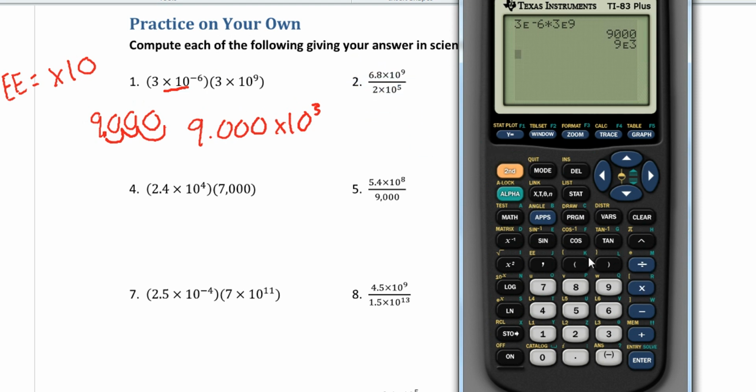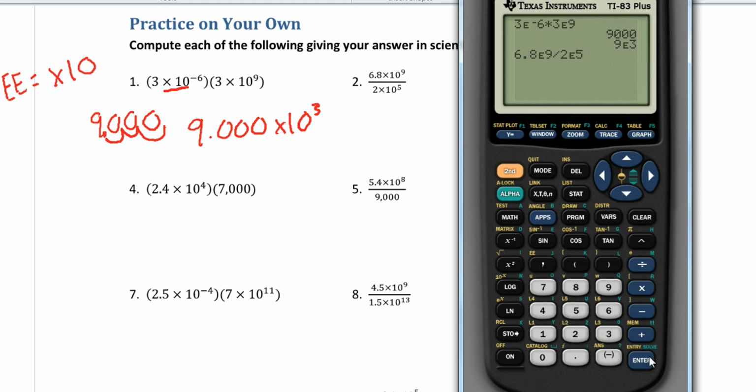So the first term is 6.8, so you'll type in 6.8. Remember, we don't use times, there's no 10. The times 10 part is the E key. So 6.8, second E, 9. The exponent is 9. And then we're going to go ahead and divide by the denominator. Divide by 2E,